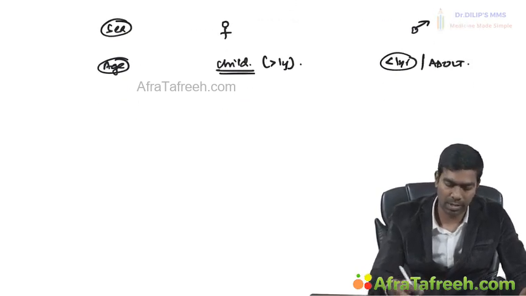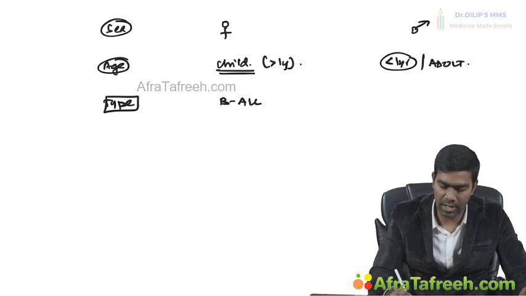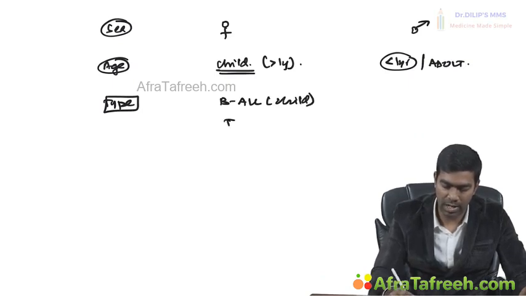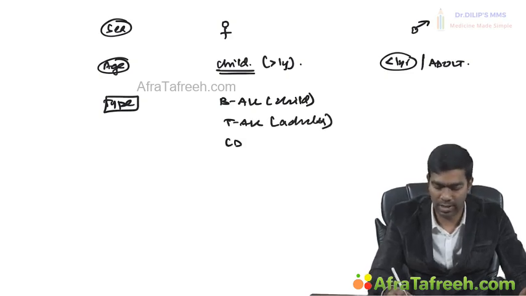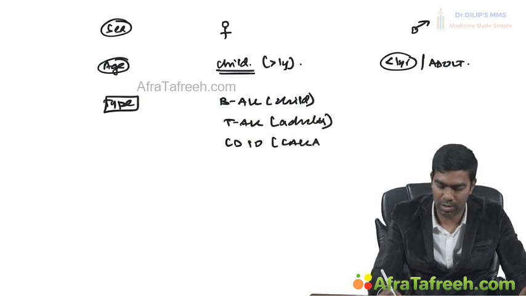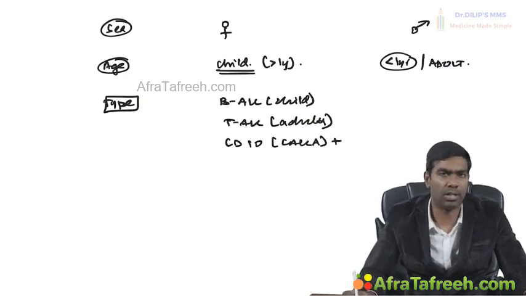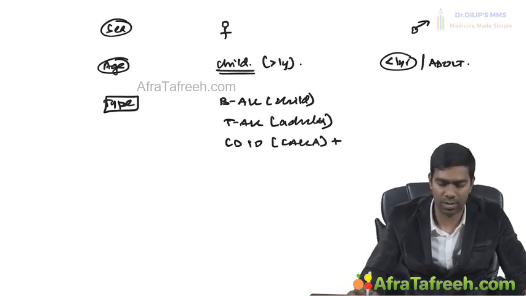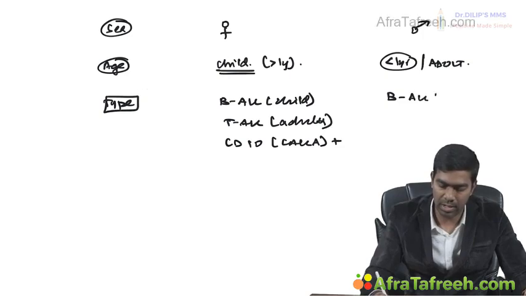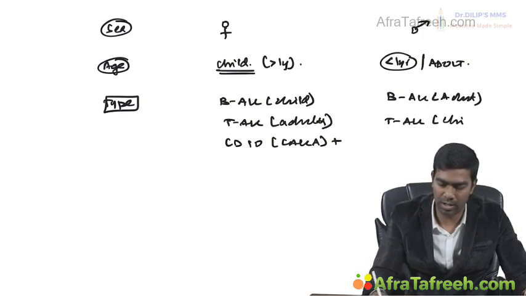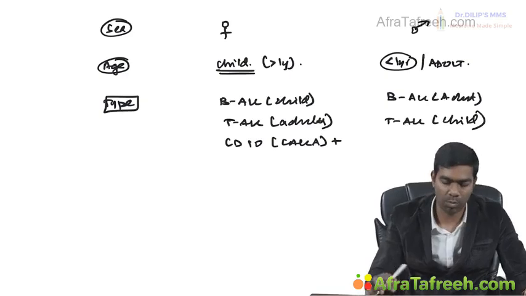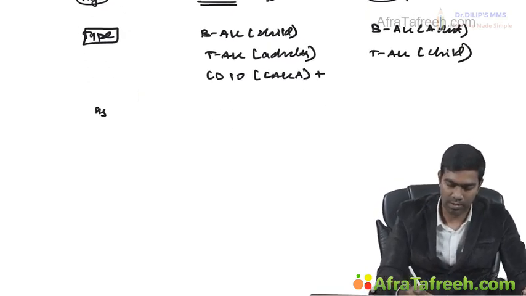Clear? And again, the immunophenotype, the type of ALL, also matters. Remember, B-ALL in children and T-ALL in adults really do well. And CD10 positivity, that is CALLA positivity, is a standard risk feature. They generally do well. It's one of the good risk features, or maybe standard risk features. But B-ALL in an adult or T-ALL in children, they do very badly. That's a poor risk. Then you have cytogenetics.